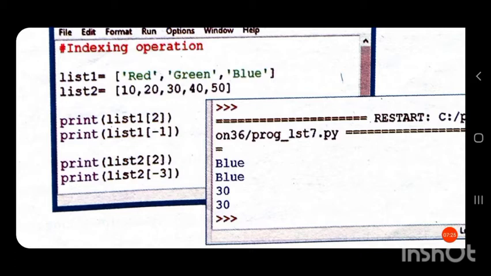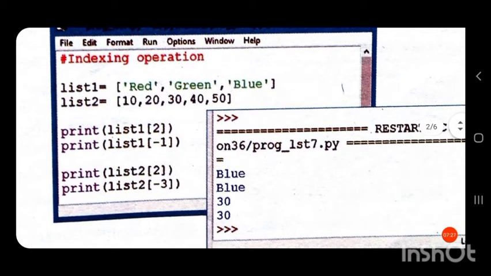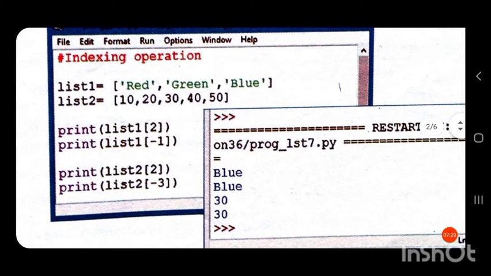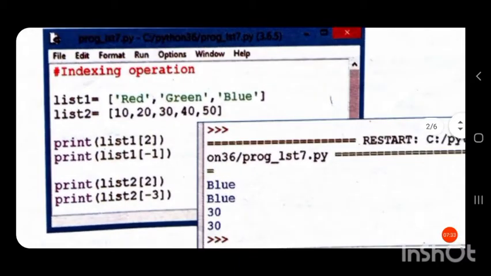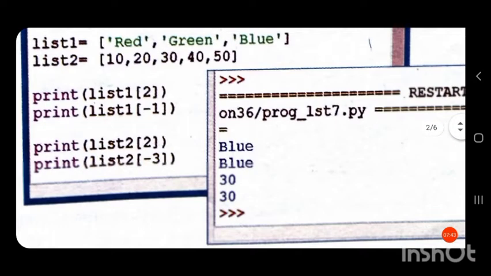At -2 the value is 40. At -3 the value is 30. So in the next statement, print list 2 in square brackets -3. So the output obtained is blue blue 30 30.